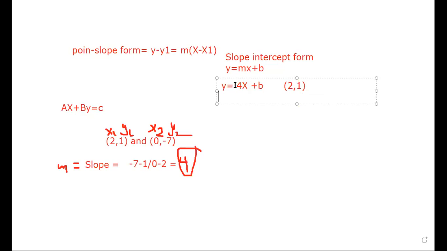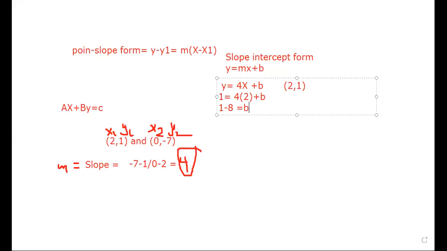We are going to substitute y, and instead of y, we are going to write what? 1. Yes, equal 4 times 2, multiply. 2 times 2 plus b. And then b will be equal to 1 minus 8. 4 times 2 will be 8, and we will transfer it. It will be 1 minus 8